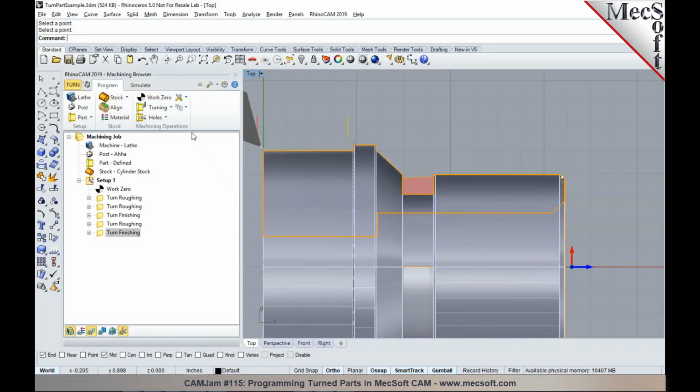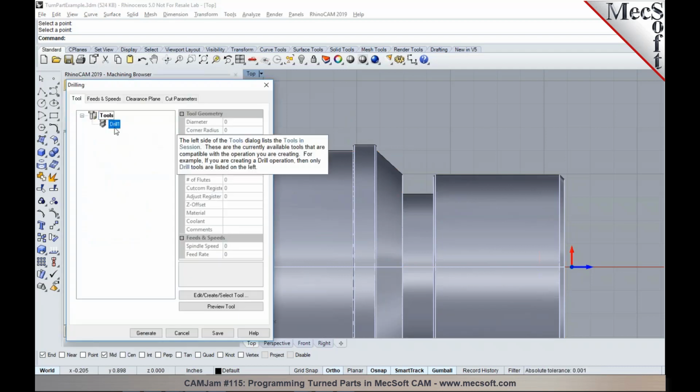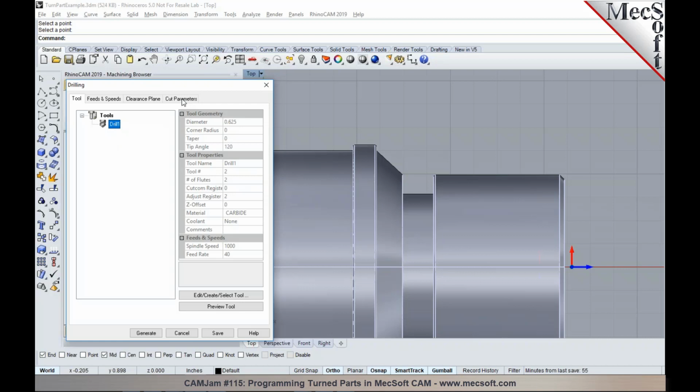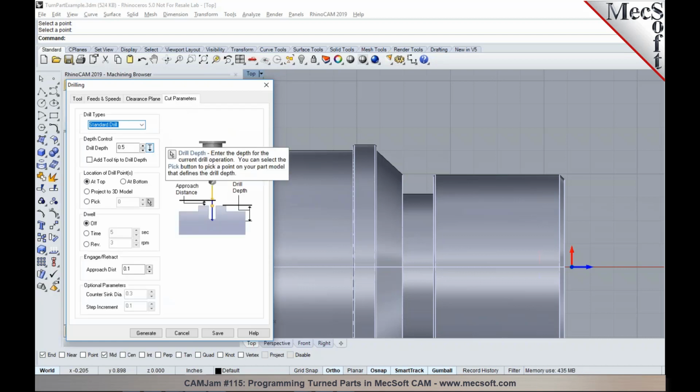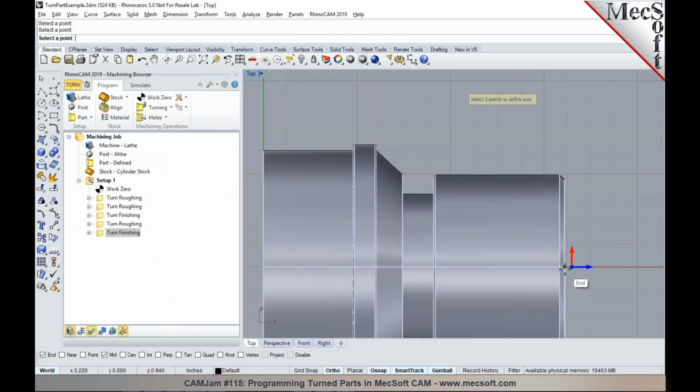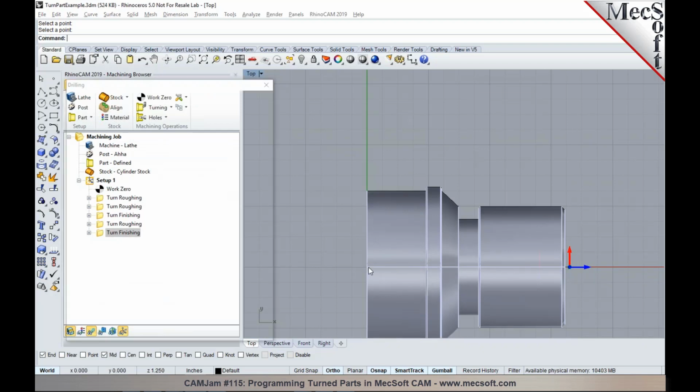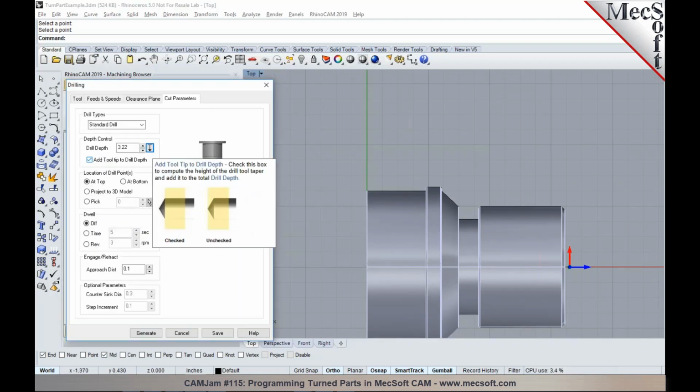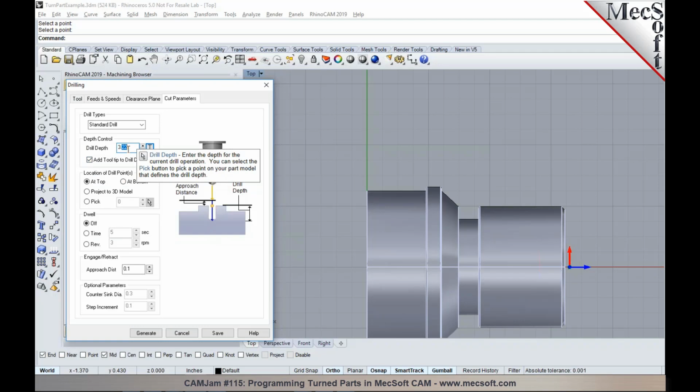So to program the ID, I'm going to go to hole machining. I can do a drill operation. If you need to increase the diameter of the bore from the pre-drilled hole that's already in there, you can specify the drill depth. I'm just going to select these 2 points. I can say add tooltip to drill depth, or you can even change the depth of the hole